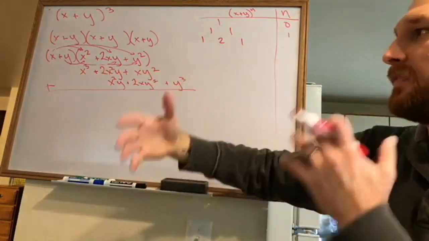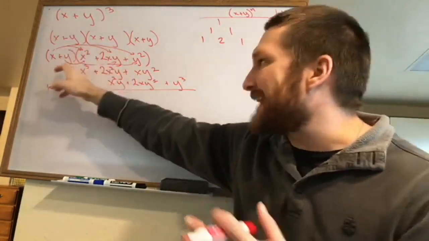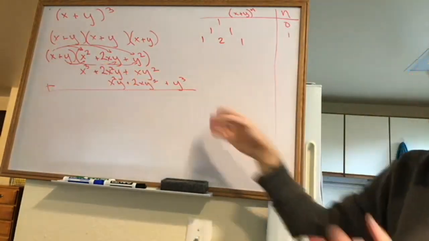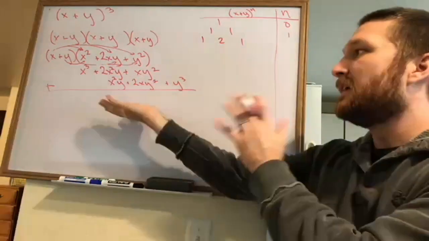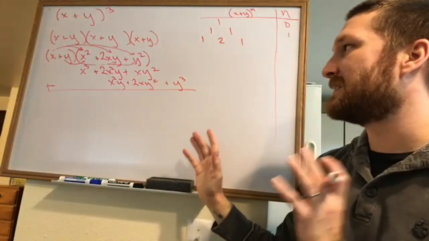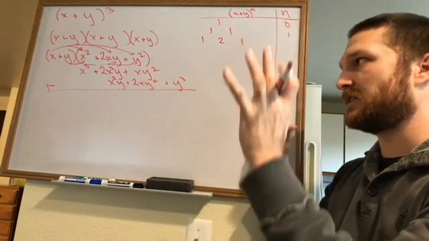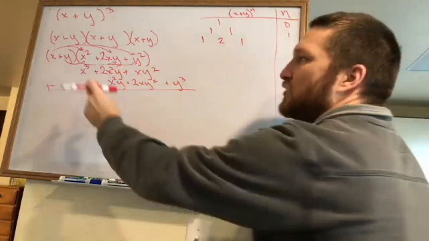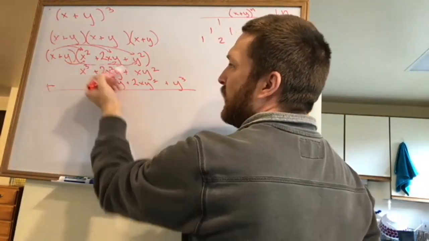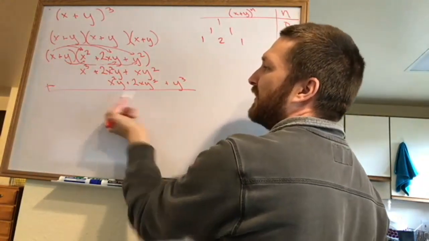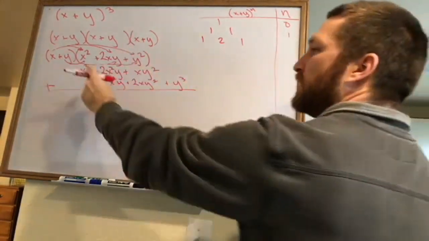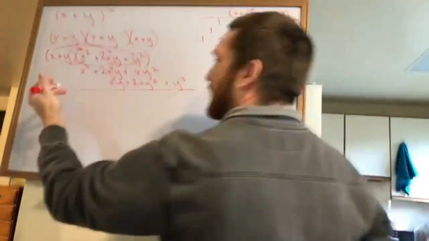Now it might not work out that way if this isn't exactly 1x and 1y. It might show up later on or something like that. It might not be this nice. But this is a good way of keeping yourself organized, because the bigger these get, the crazier it gets. So basically, as I do this second row, I'm thinking, well, I could put this anywhere to add it together. Why don't I put it in the column of the other stuff? Does that make sense? Okay. So I get 1x to the third